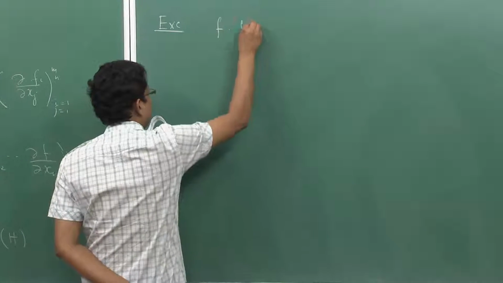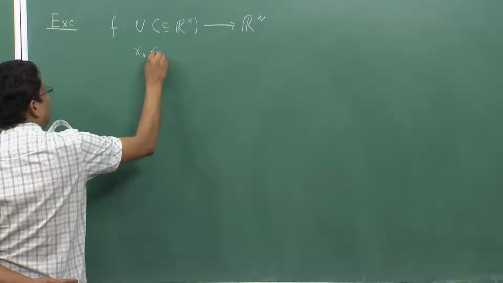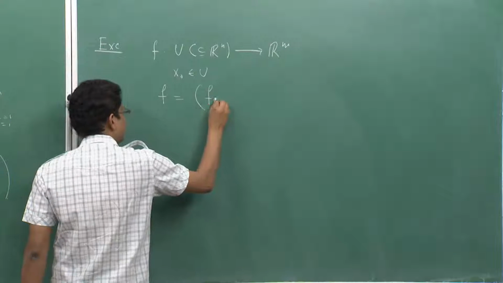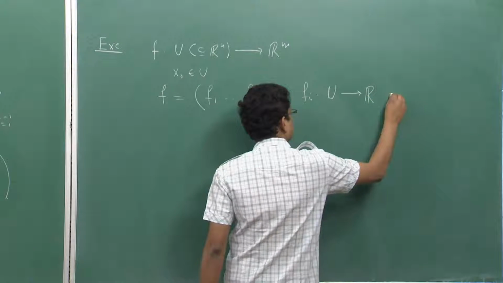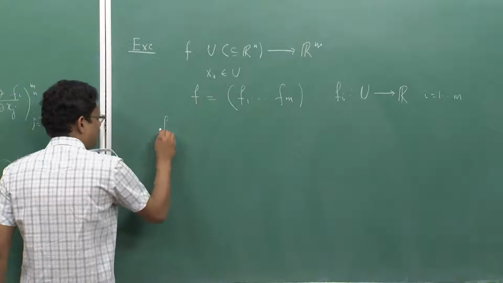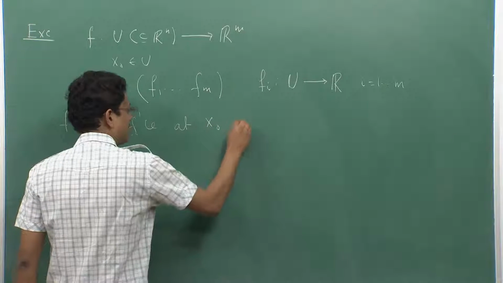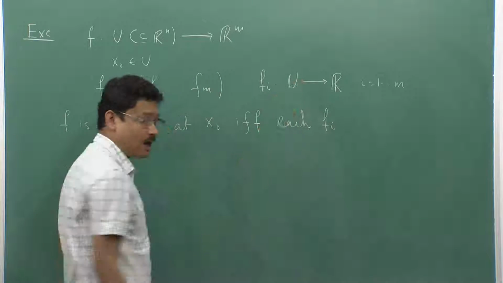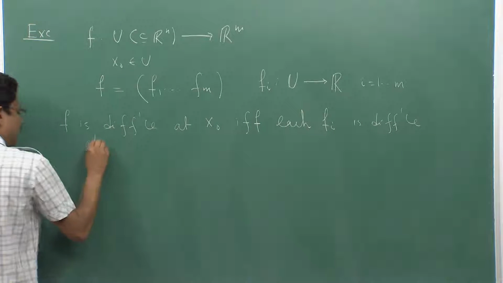So, suppose I have f, same setup, from U in Rn to Rm and x naught is a point in U. I want to check the differentiability criteria at x naught. Well, I know f as m component functions where each fi is from U to R. The statement of the exercise says f is differentiable at x naught if and only if each fi, this real valued function, is differentiable at x naught, and